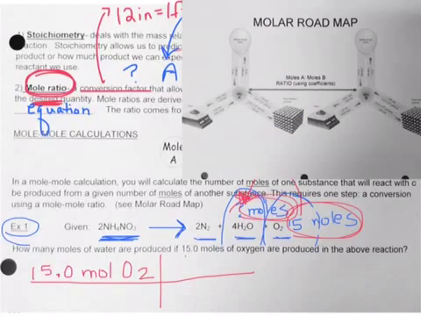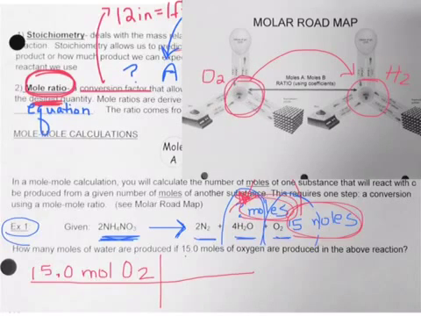If you take a look at our molar roadmap up here in the corner, we are starting here at moles of A, which was our oxygen. And we're going straight over here to moles of B, which is our moles of water. So for the first time ever, we're switching chemicals right in the middle of the equation. We've only ever had one chemical to deal with. But now that we've learned about reactants and products and balancing, now we can go anywhere in a whole chemical